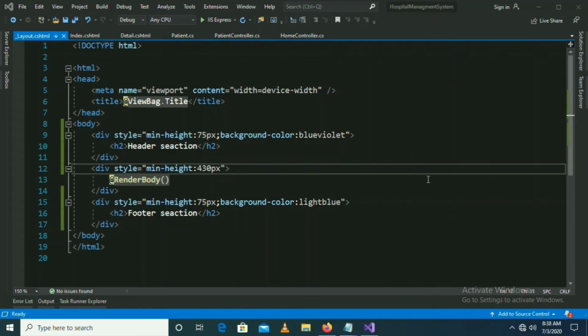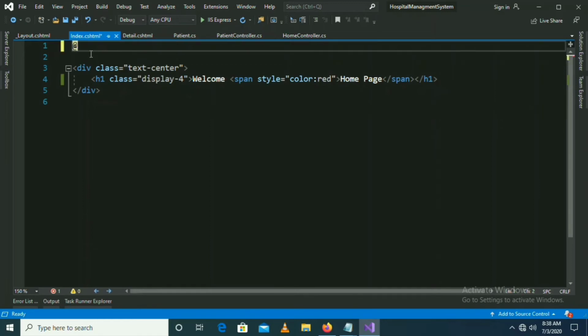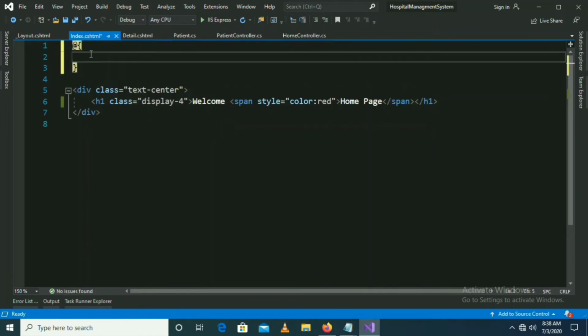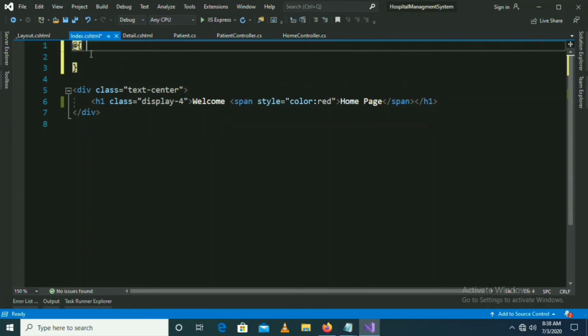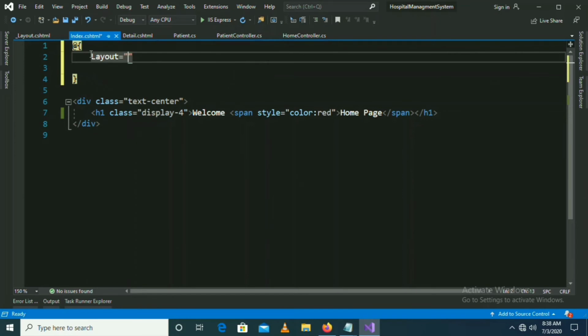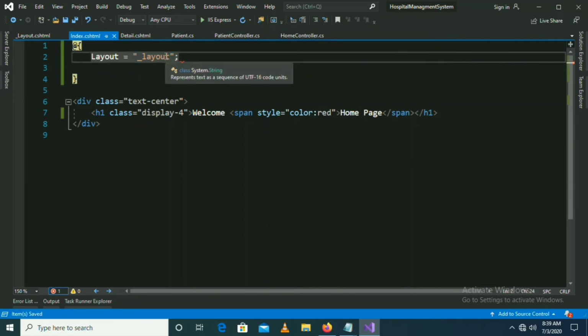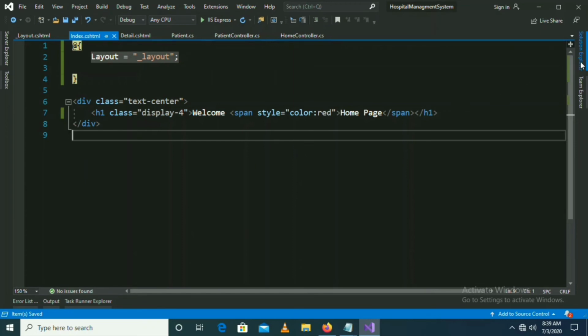Okay. So if we want to use this layout in any of our view pages, we just mention it in our view page. For this, just write under a curly bracket, Layout is equal to the name of our layout. My layout name is the same name as the layout. Put it here. Okay, so let us check.